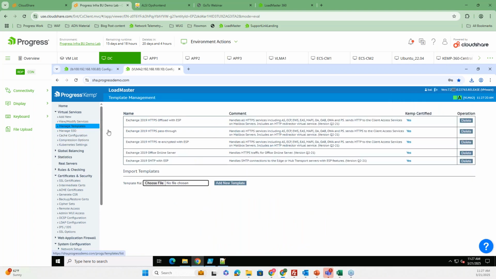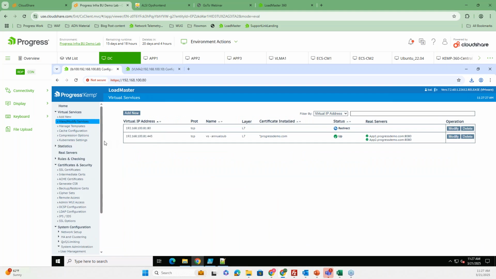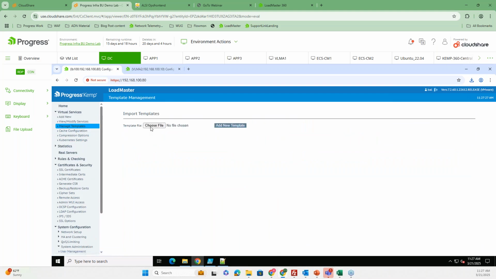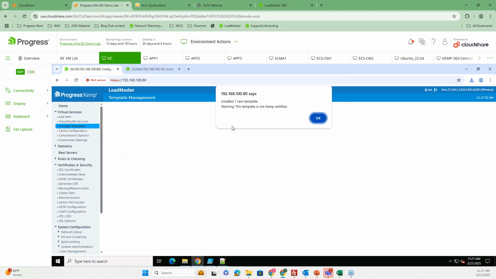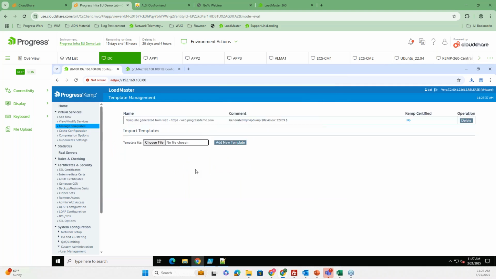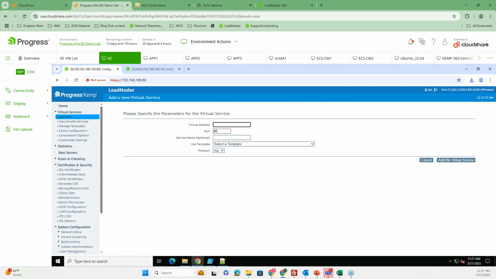I can import that template to this unit, or let's do it on this unit, that's fine as well. So I can import the template that we just downloaded on a different load balancer, it doesn't matter. Now he knows what I had set, and I could create a new virtual service based on that template. Let's test this. I can give it a different name. I think the name of the template is now a bit long. So let's name it like this.